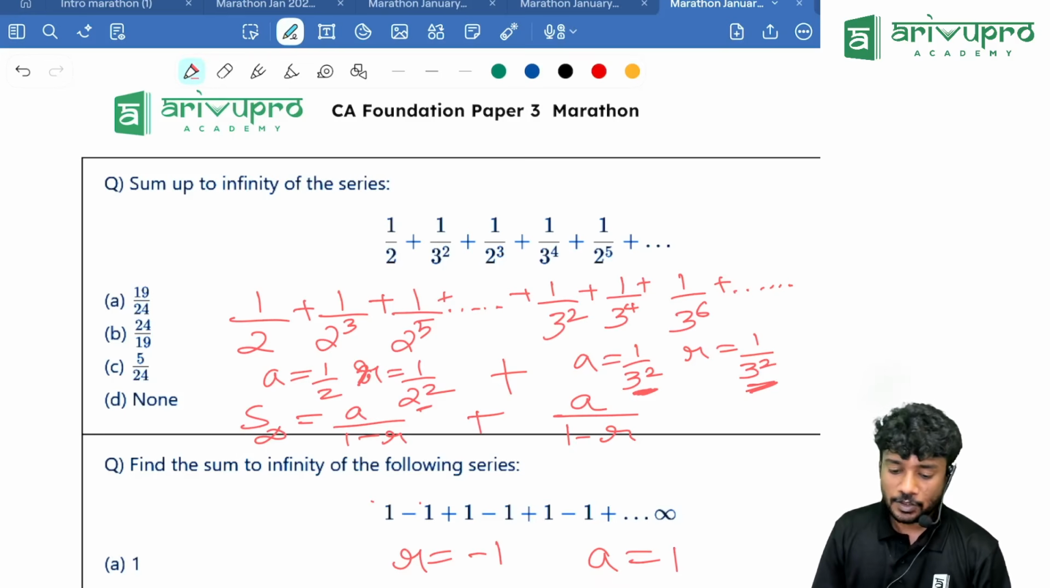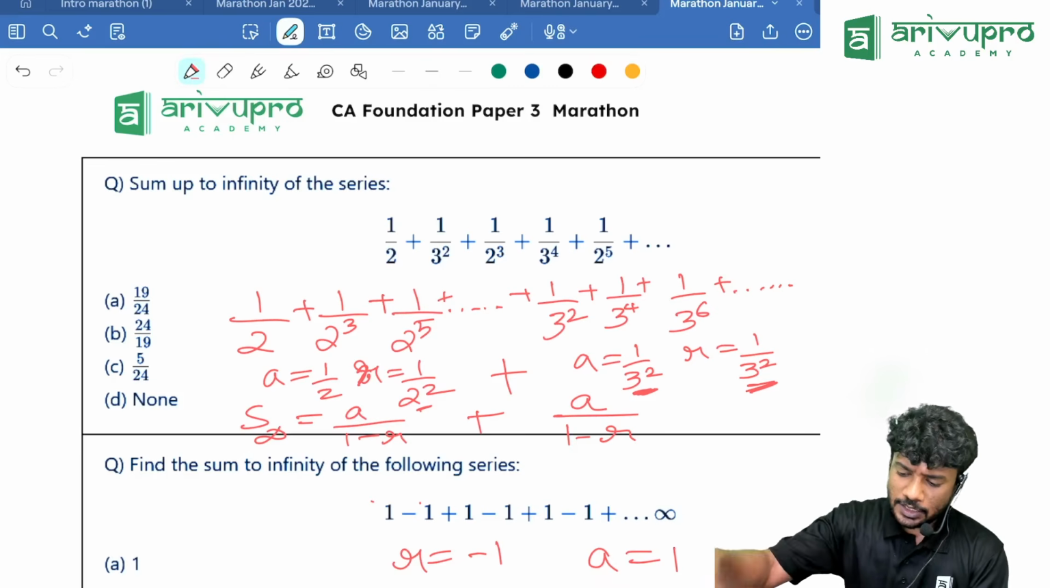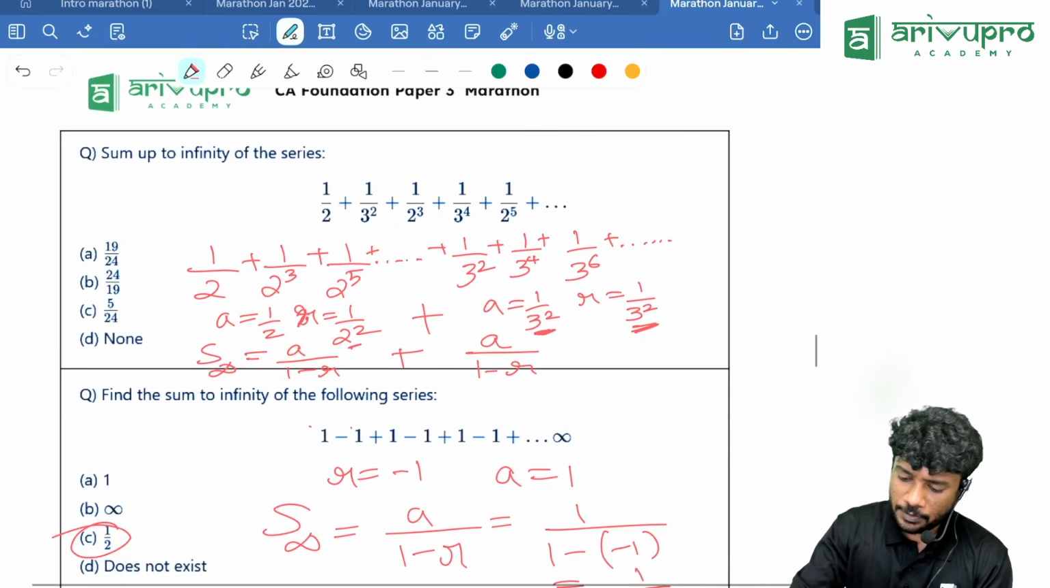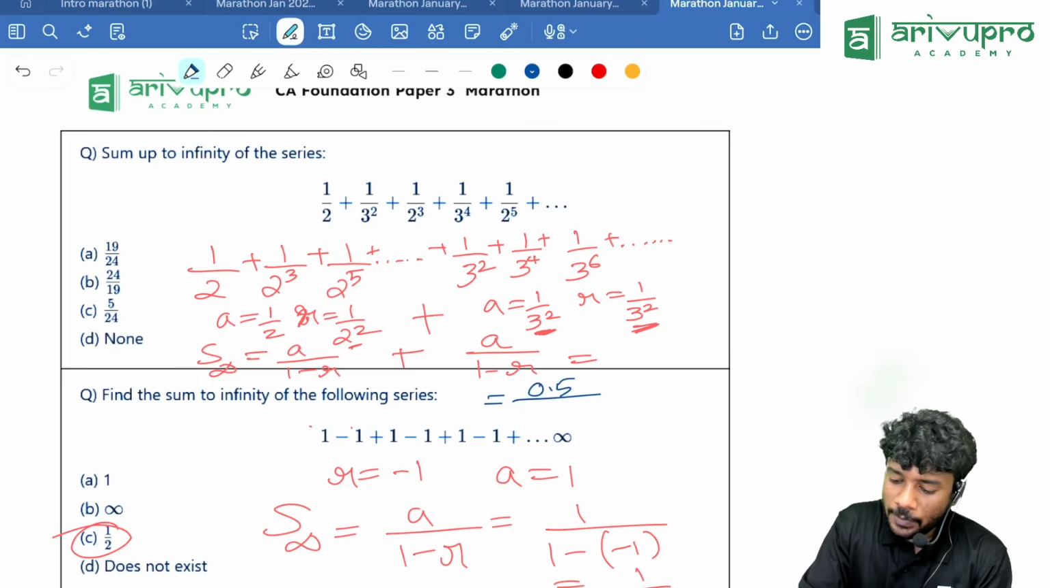19 by 24. Everyone got 19 by 24? So, should I check? I'll check. Here it will be what? Instead of A, the first term, we are going to put 1 by 2. I am writing 0.5 divided by 1 minus